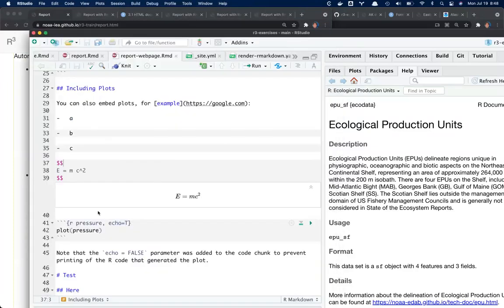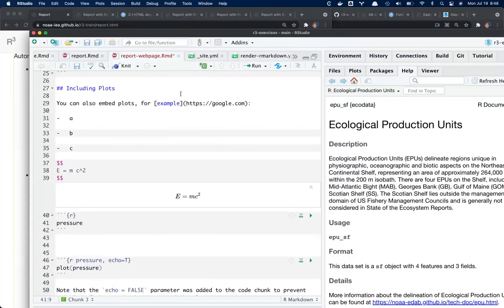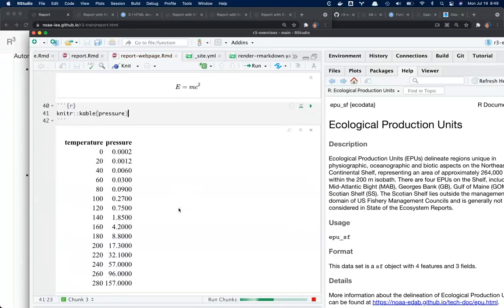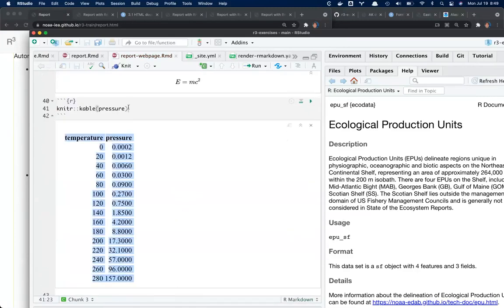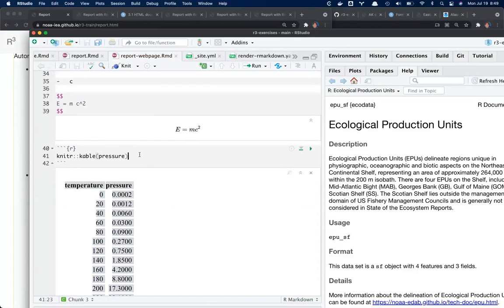Tables, it's good to just use, if you have the data set, it's best to just, like, if we want to look at this pressure data set, I can maybe insert another chunk and say knitter table pressure and see what that looks like. And a very simple table for any output format. We could also